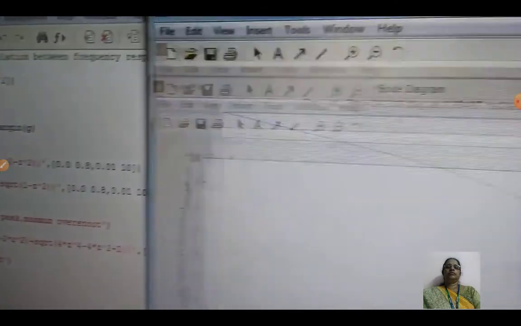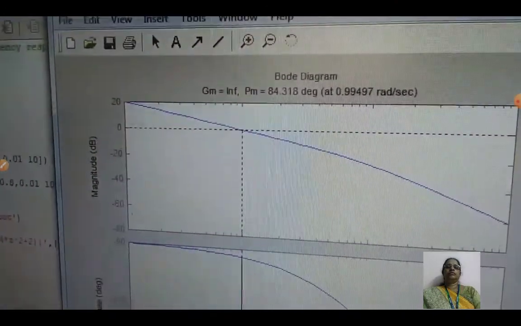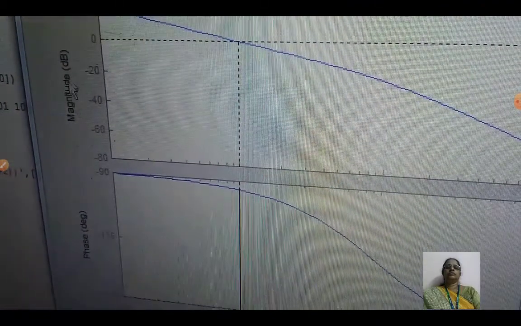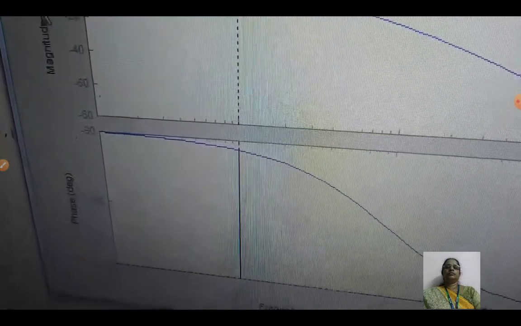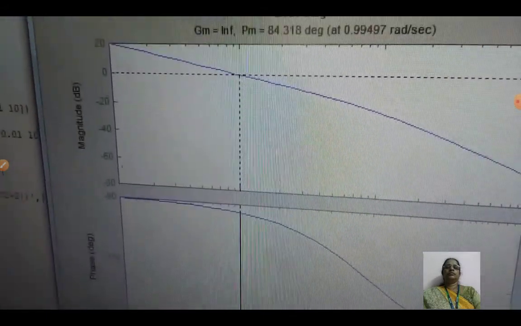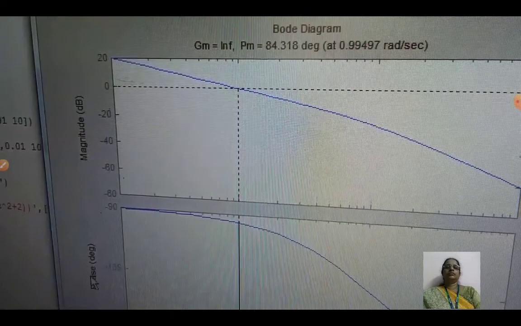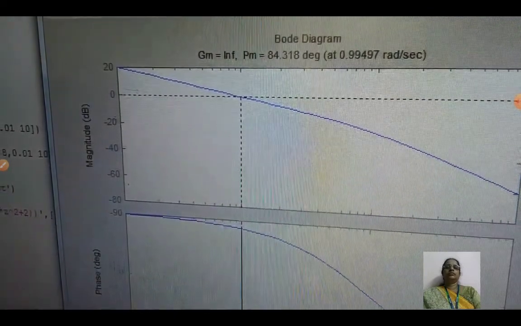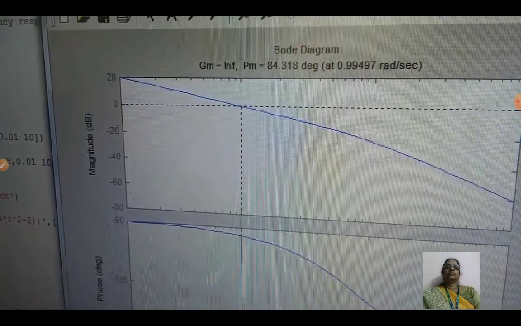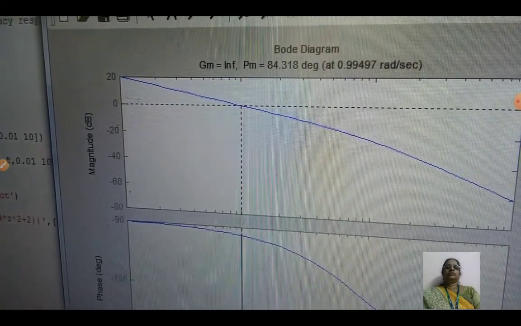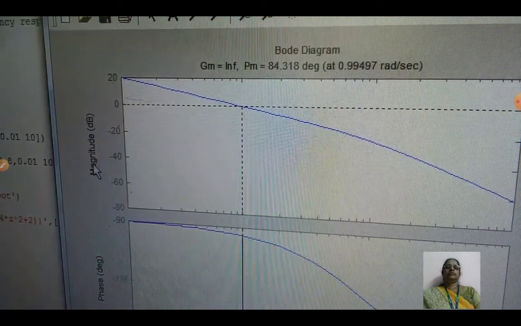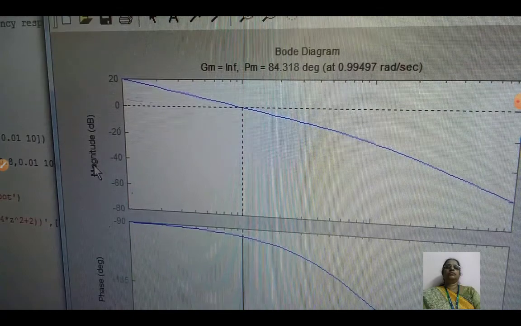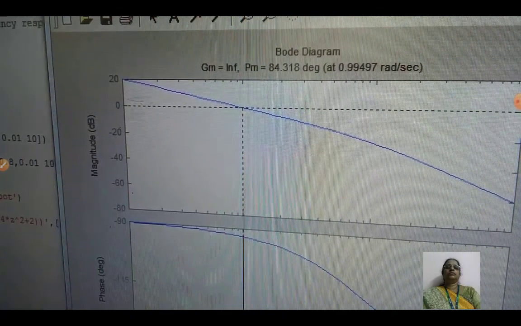You see the waveform. The x-axis is frequency, and the y-axis is phase and magnitude of gain in decibels. This is the frequency versus phase characteristic, with a shape like this. The second one is frequency versus magnitude of gain in decibels.